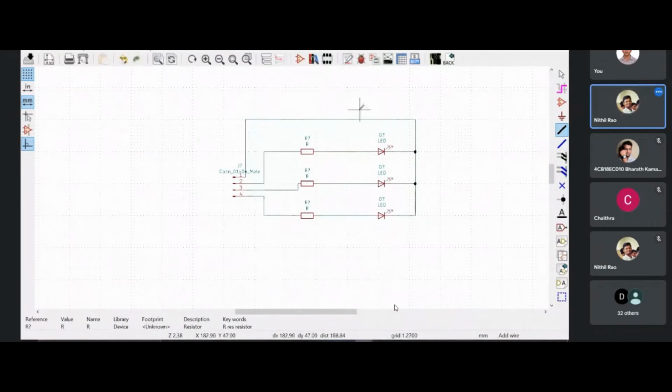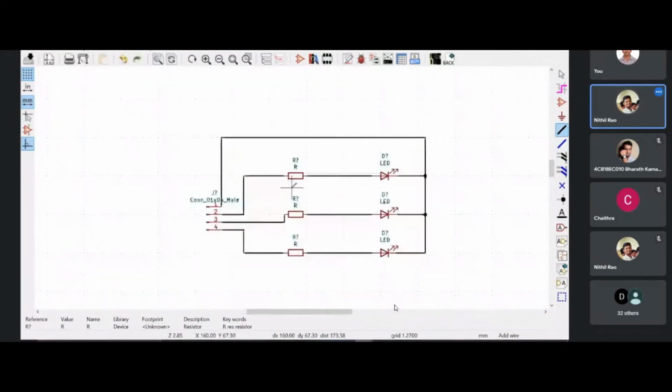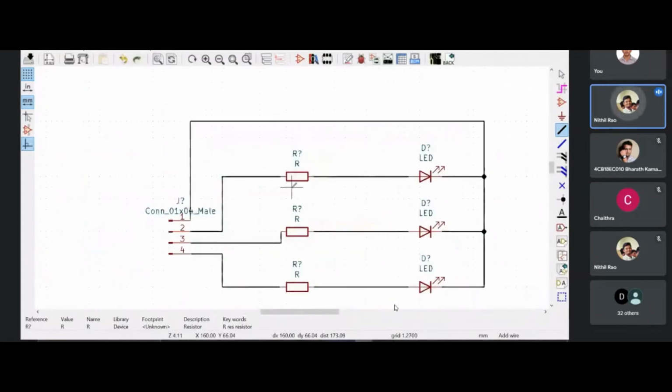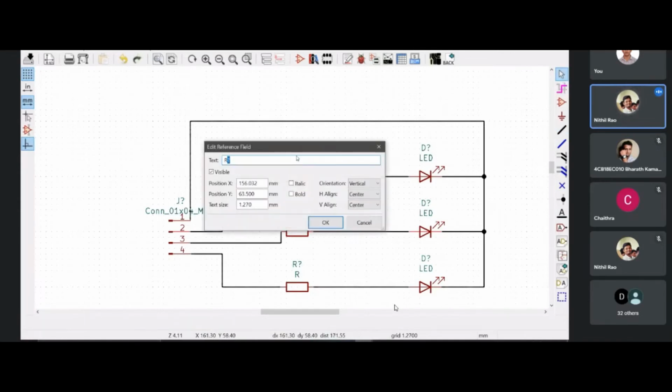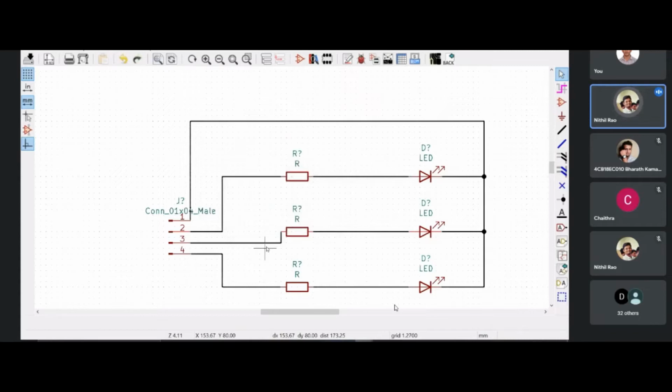So is it zoomed enough? Can you see that the resistors are having R question mark and D question mark? Whereas we are used to the practice of writing it as R1, R2, R3, D1, D2, D3. That's how we are supposed to write it, no? So you have a choice to just click on it. You have the option to select item and double click on it, and then you get this dialog box, and you can just type in R. But instead, I will choose to do it all together. I don't want to do it individually.